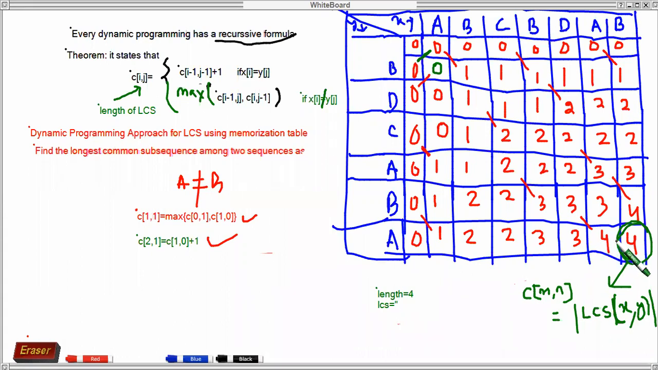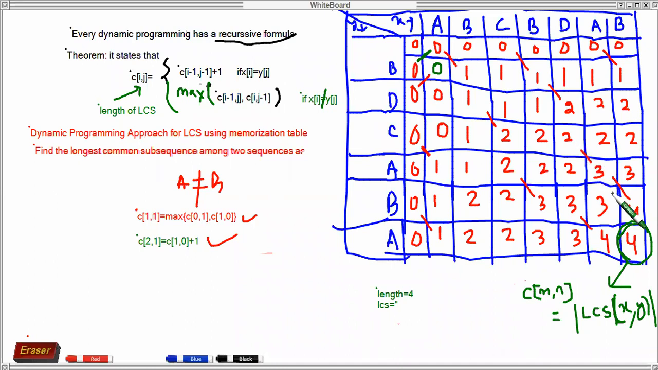Can you say what is the longest common subsequence? Just choose. What is the longest? Just choose the common longest path. This will be D. B D. Then